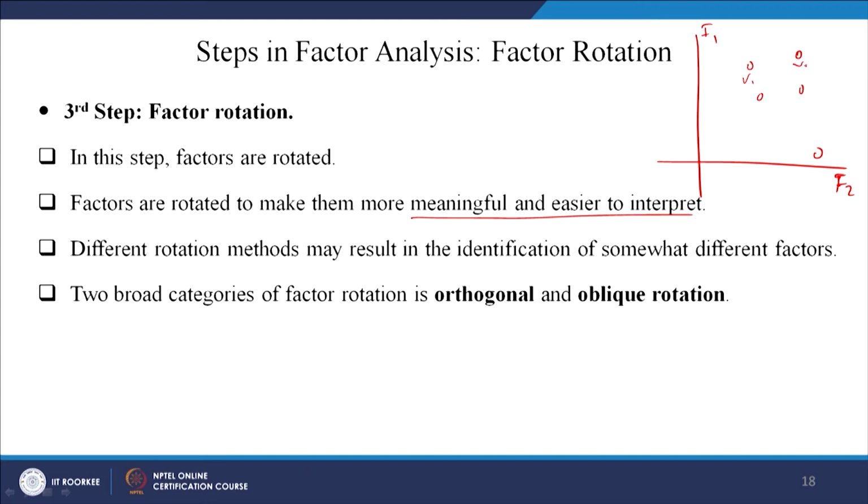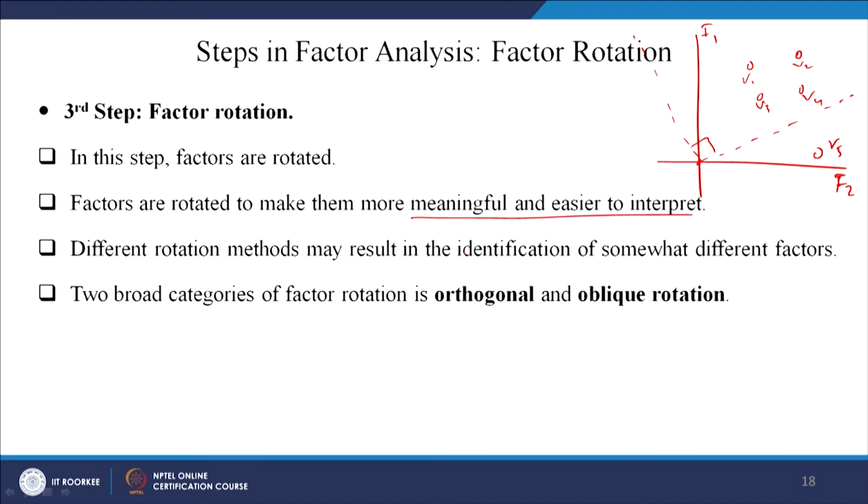So, V1, V2, V3, V4, V5 are mostly loaded into the first factor, because they are close to factor 1. But suppose we tilt it a bit, keeping this 90 degree angle. What is happening now? We can see that some of the variables, for example V1 and V3, will go to factor 1, but V4 and V5 may come down to factor 2. So factor rotation only does this work: it makes the factors easier to interpret.